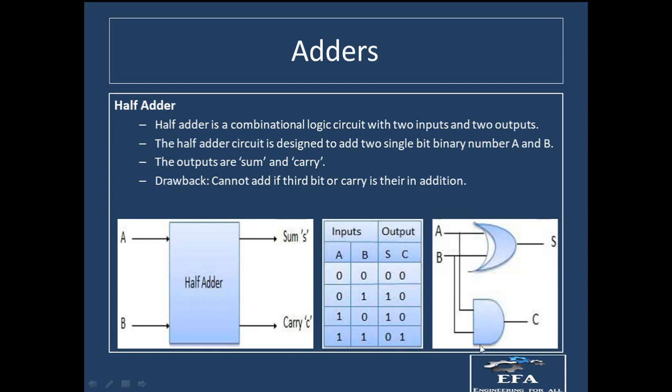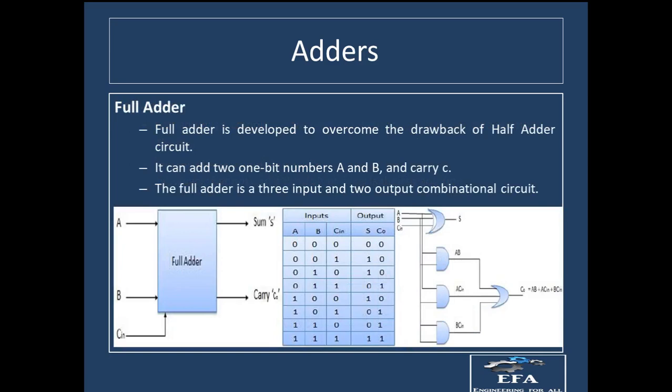So we should be having one AND gate over here, into which we are giving A and B, and C will be the carry. So this is very simple to understand just by looking at the truth table, how we can manage to make the circuit. If it is just at the gate level, we can straight away make the gates and get the output. So this is all about the half adder. Let us move on to the full adder.